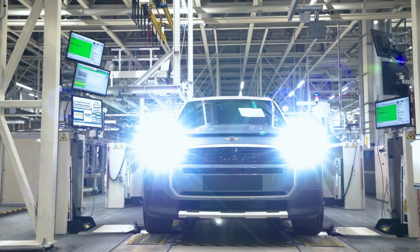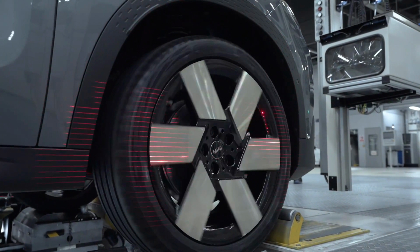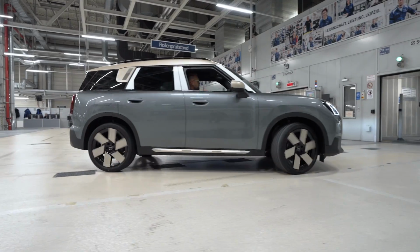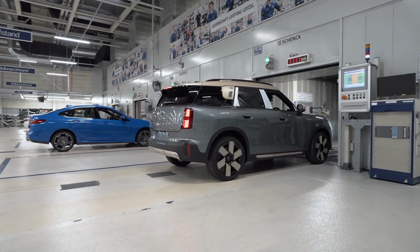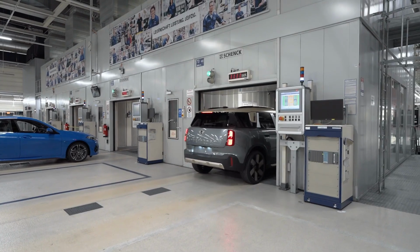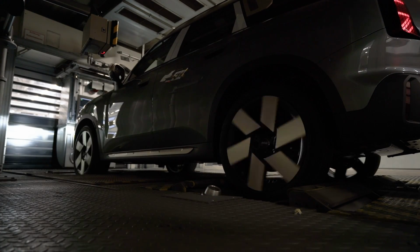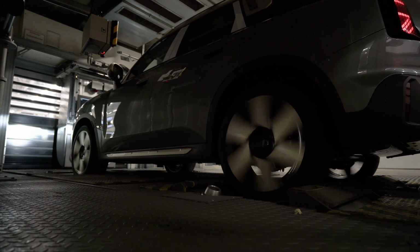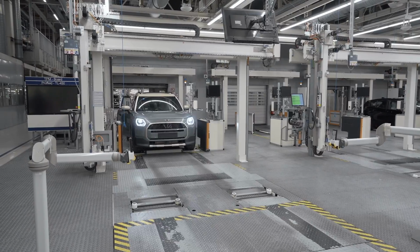The power source for the MINI Countryman E 2024 is an electric motor located on the front axle, with 201 horsepower and 250 Nm. Thanks to that, the car can accelerate from 0 to 100 km/h in 8.6 seconds and reach a maximum speed of 170 km/h. With a battery pack with a capacity of 66.45 kWh, the MINI Countryman E 2024 can run a distance of